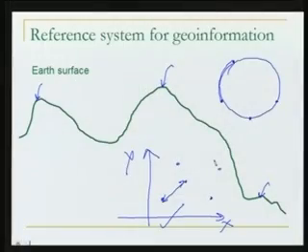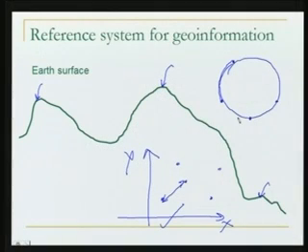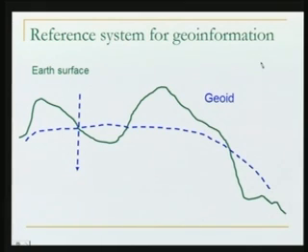Then next, if the ground surface cannot be taken as a reference, what could be the reference in order to make a map of the entire earth or maybe a part of the earth? Well, we'll see one more curve here, and this curve is called geoid. Now what is the meaning of geoid? The meaning of geoid is it is basically an equipotential surface.